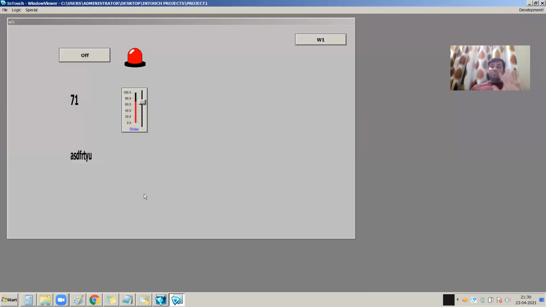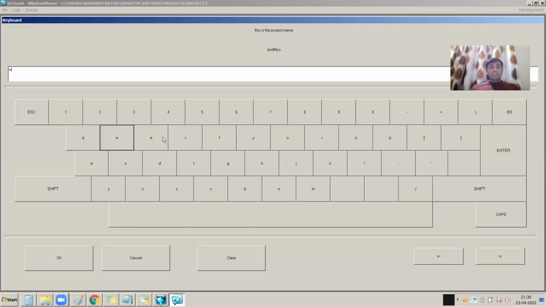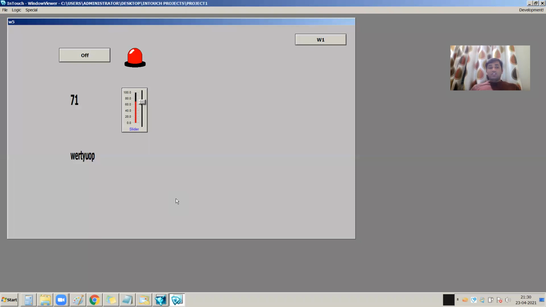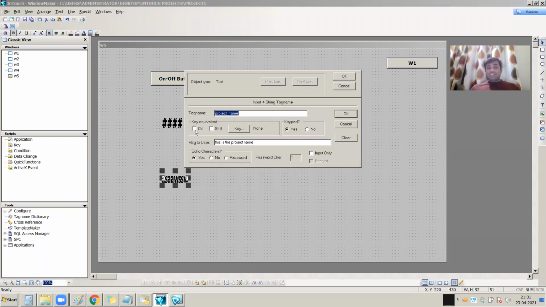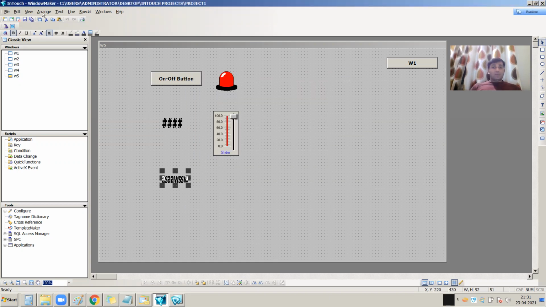I am going to the runtime mode. So this default value is visible over here always. If I want to change it, I can press over it and change it this way. So this is the change of my message text, that means string. You can use key equivalent also for this. For example, I am using Control Shift A. Whenever I press Control Shift A, that keypad will open and I can write down some string, and the string will be changed this way. I am saving it.